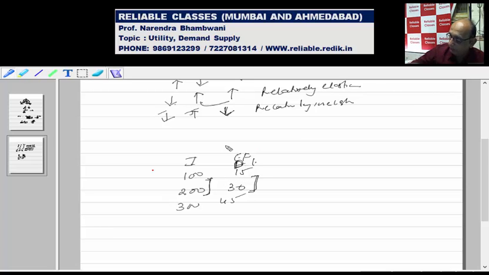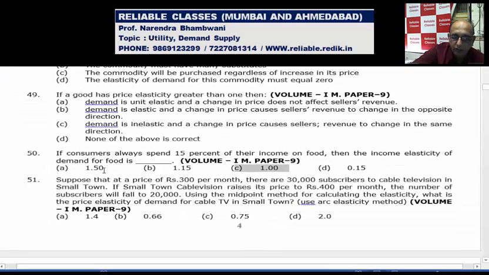So here, how much is the rise? 100% in income, and here also 100%. Here 50% rise in income, 200 to 300. Here also 50% rise. So 50 upon 50 is equal to 100 upon 100. So obviously the elasticity will be 1 and not